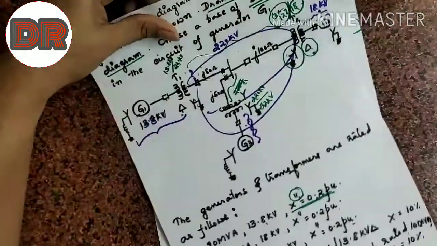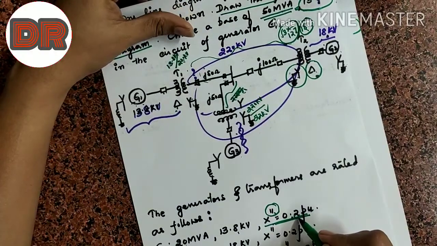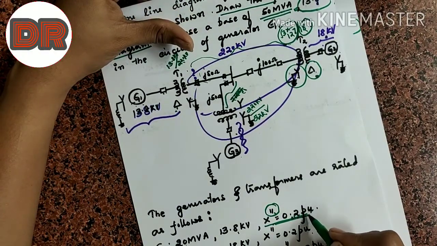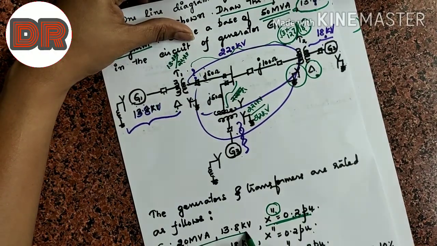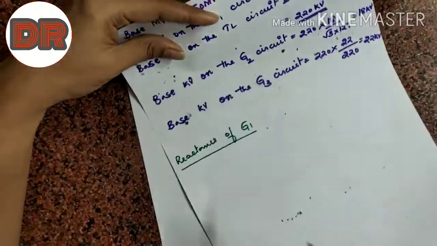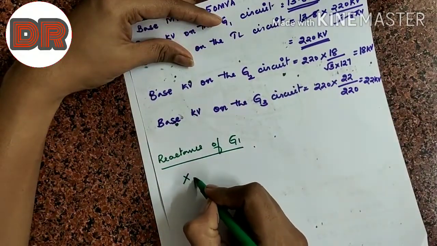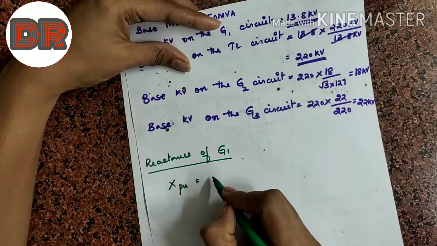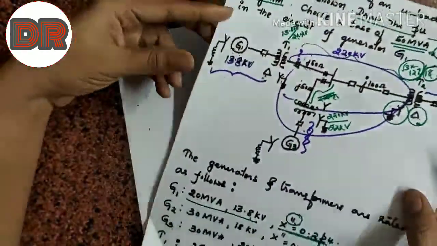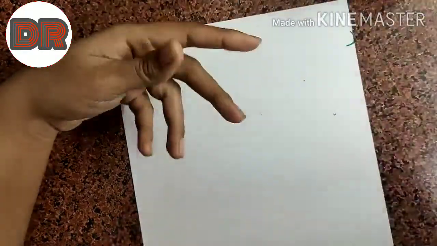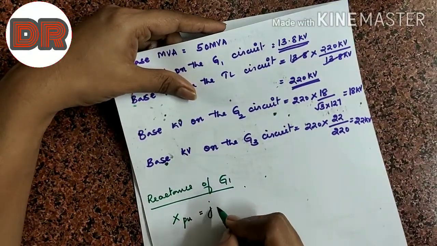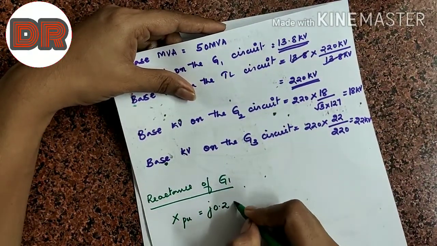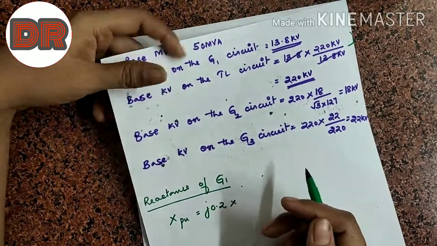Okay, since the per unit value is already known and it is in per unit, this is based on the machine rating. So which equation do we have to use? Let me use X per unit on new base will be equal to X per unit on old base. So what is the X per unit? It is 0.2 and it is reactance. So I have to write j0.2 into new MVA. So what is new MVA?